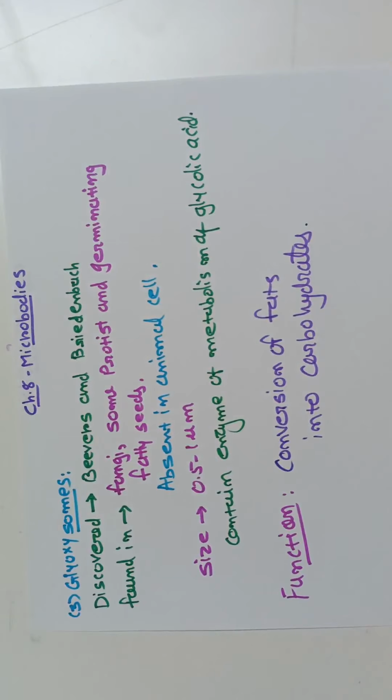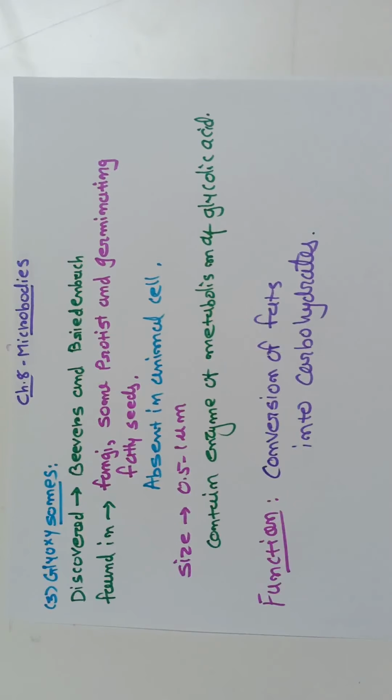Today we discussed the most important part of the nucleus, that is chromosome. The chromosome has genetic material, DNA, and we studied the types of chromosome. And last we discussed the microbodies, and these are the three types of microbodies we can study. Here the chapter is over. You will study very well and fulfill your assignment.